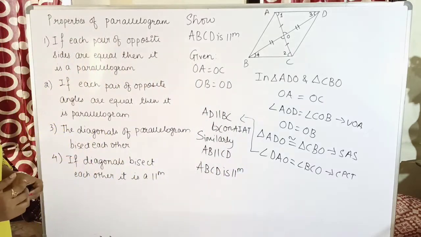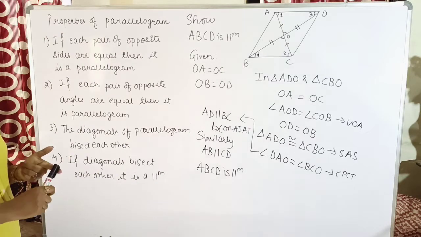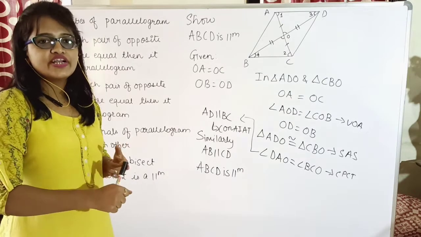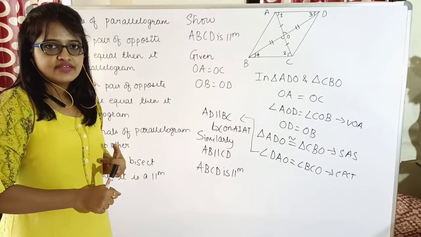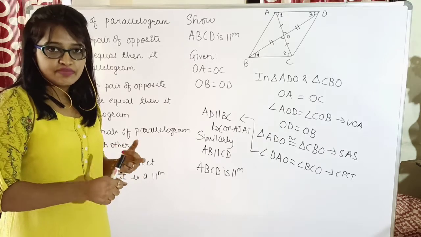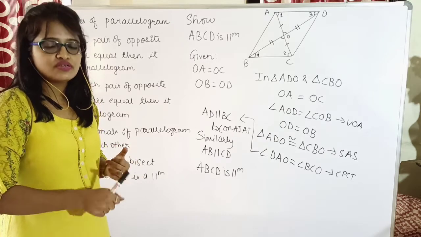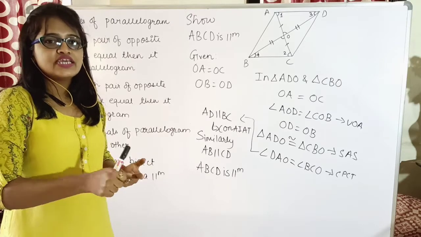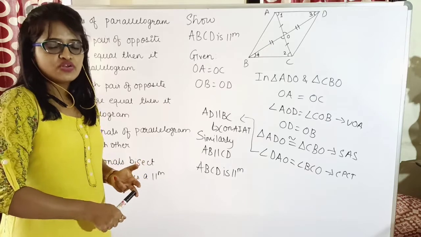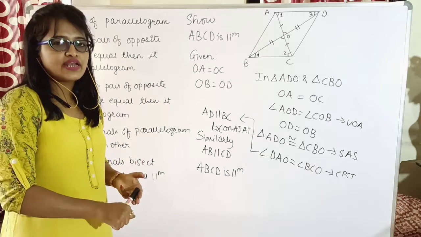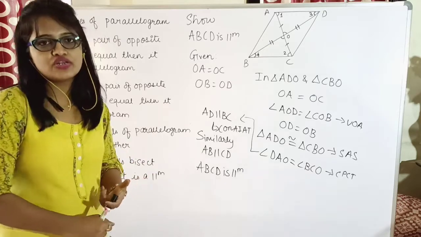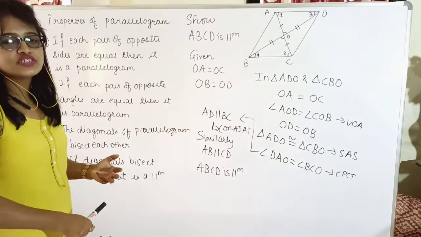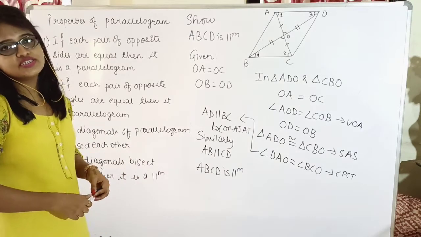Yes. So now since the opposite pairs are parallel, I can say ABCD is a parallelogram. Okay, so these were the properties of parallelogram which we have seen. First, the diagonal of a parallelogram divides it into two congruent triangles. Second, in a parallelogram, the opposite sides are equal. Third, in a parallelogram, the opposite angles are also equal. Their converse is, if opposite sides are equal, it is a parallelogram. If opposite angles are equal, it is a parallelogram. The next one is diagonals of a parallelogram bisect each other, and its converse is, if the diagonals bisect each other, it is a parallelogram.